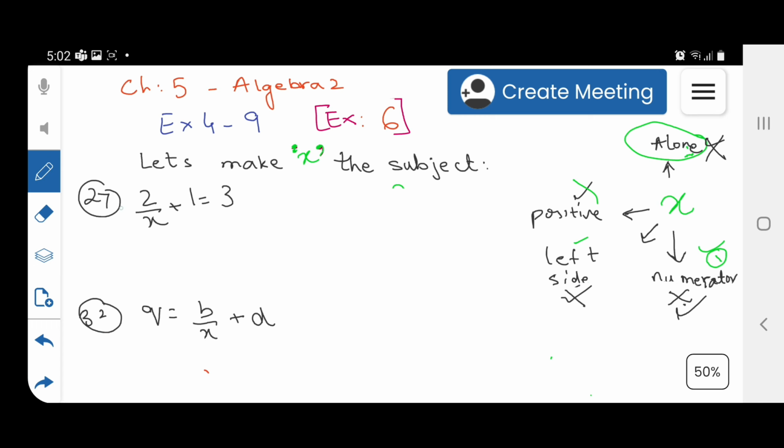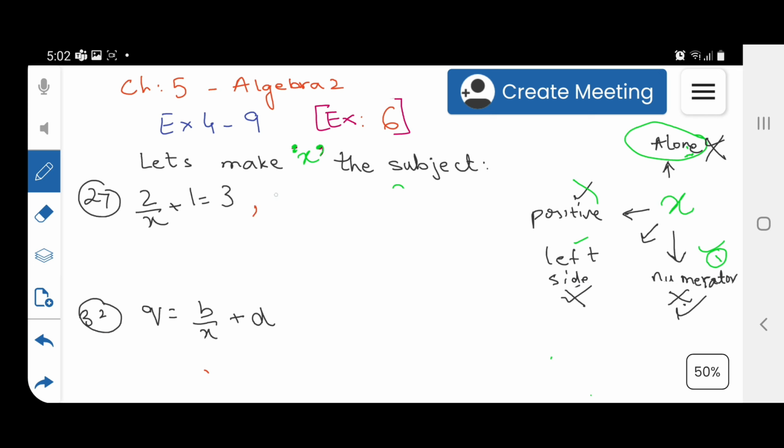So here I have taken two questions. One is in the form of numbers, the other is in the form of variables. Now we are going to see how we can start. Here we have two terms: the first term is this whole term and the second term is this one. So first let's move the terms.